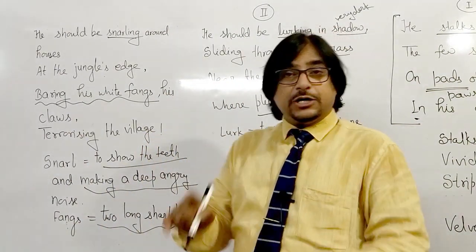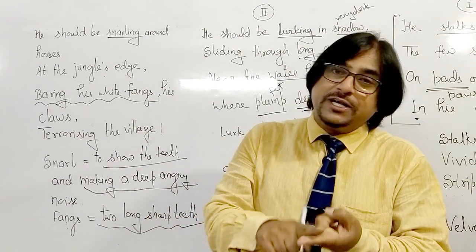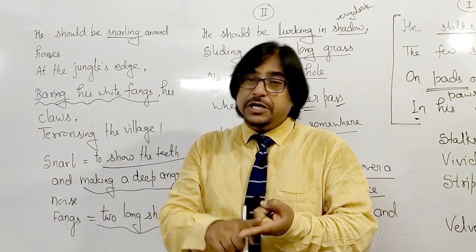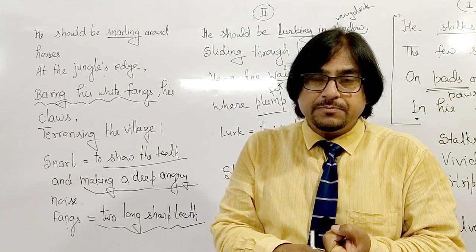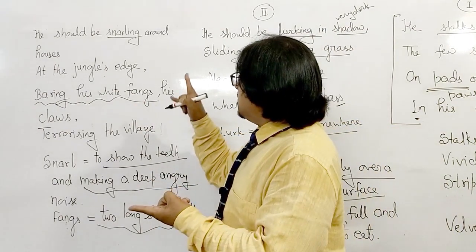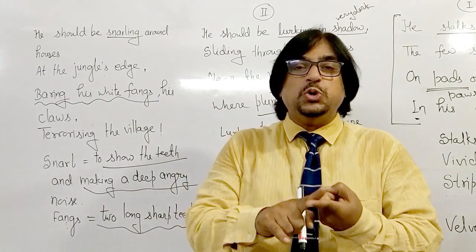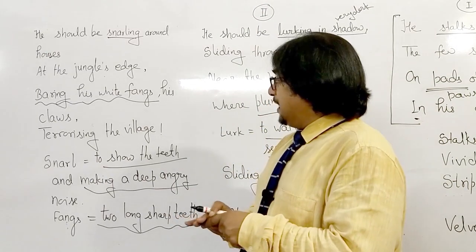So, at the corner of the village, at the border of the village, what does he do? He snarls. He makes a big sound there. He terrorizes the people of the village. He shows his teeth, his nails, and after that,